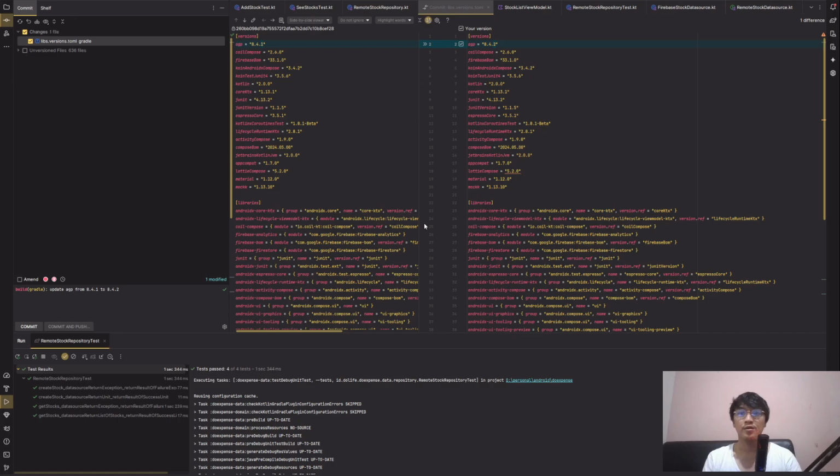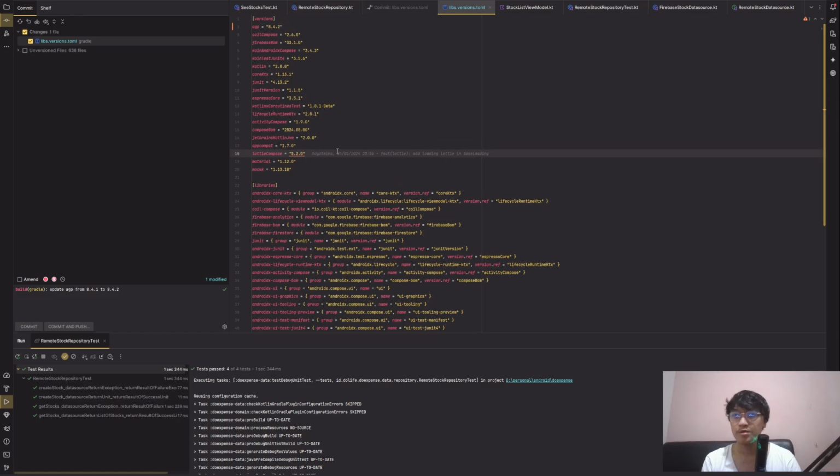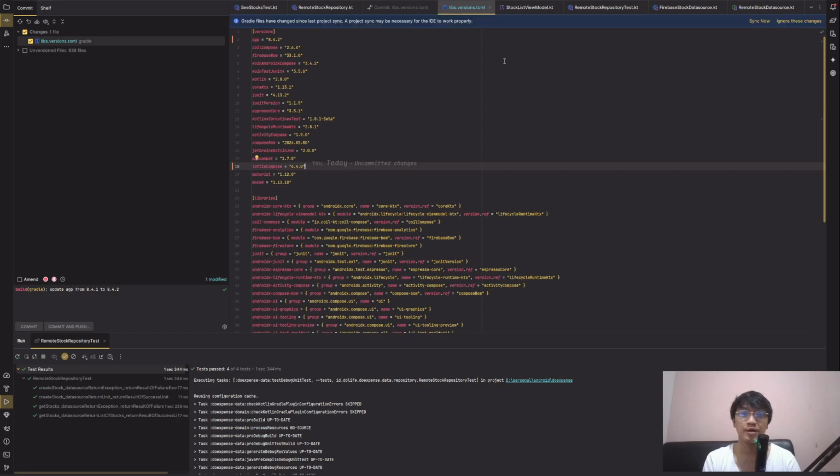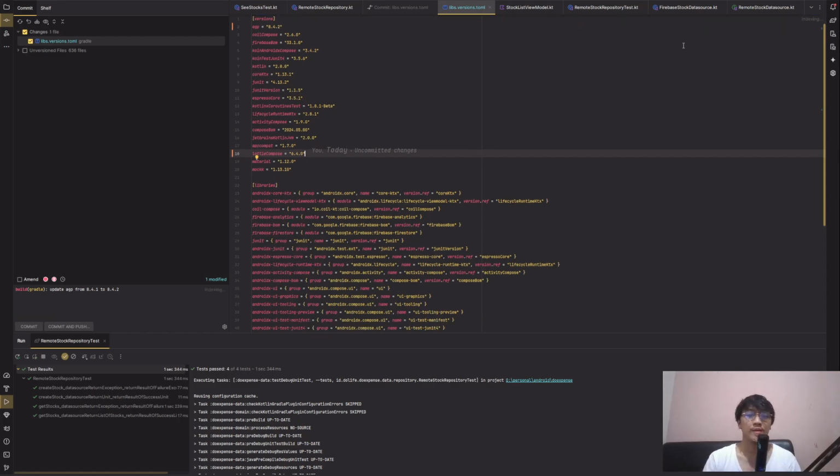Okay. Oh, wait a minute. There's a warning in here. I can update from 5.2.0 to 6.4.0. Let's change it. Okay, let's try syncing it. Nice. There's also no error after sync.